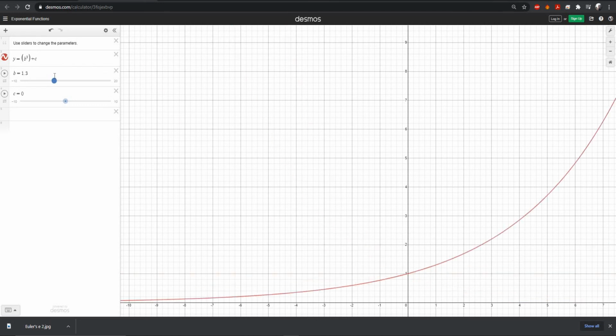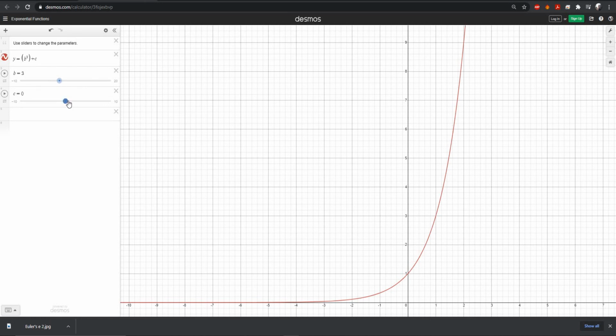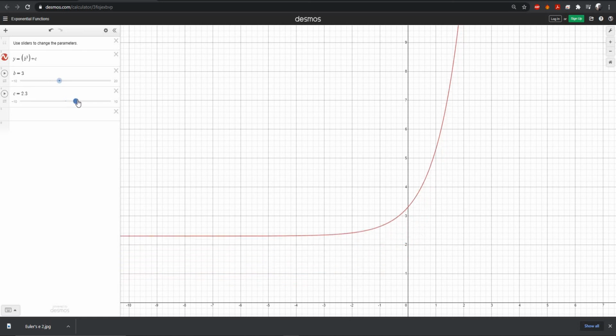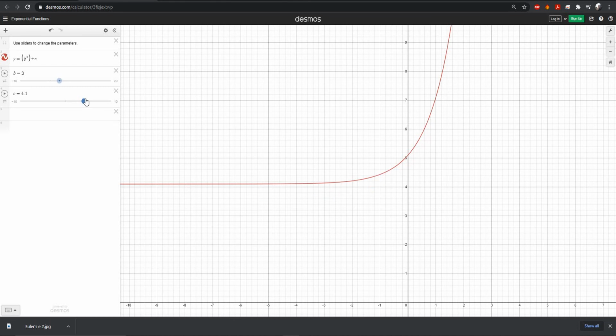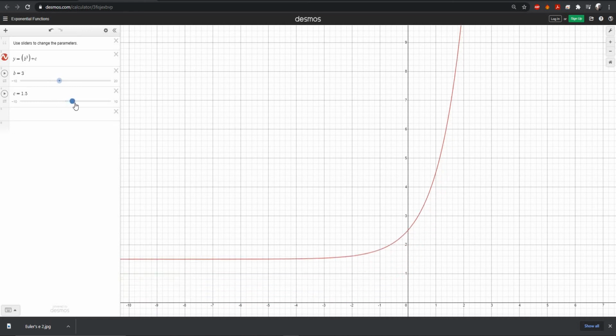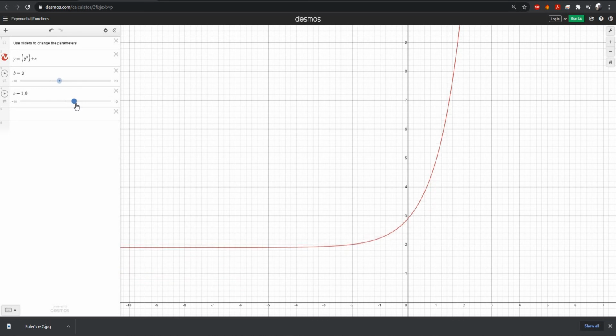So let's put it back to, let's say 3, so we can see it easily. Let's see what happens when we mess around with c. If c is a positive number, it means we're shifting our exponential graph up, and if it's a negative number, it's going down. So at c equals 0, as we go to the left, it looks like the line's approaching 0. But if c is a positive number, that means we're shifting our exponential function upwards, and if it's a negative number, we're shifting it downwards,